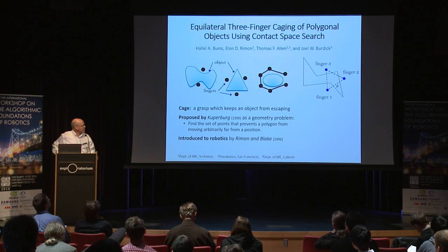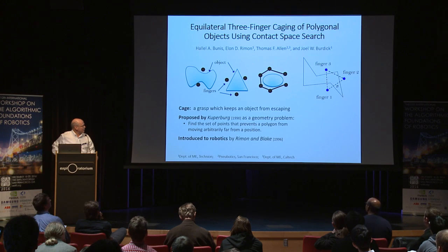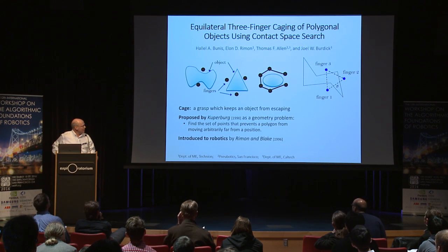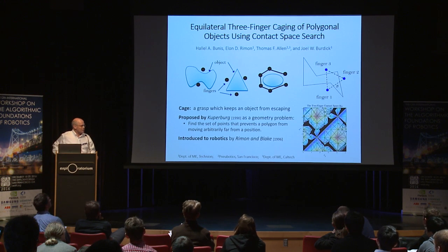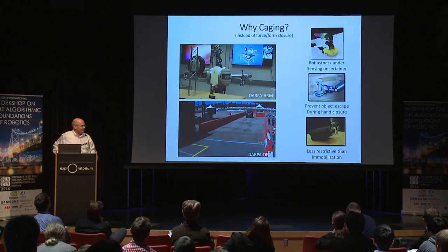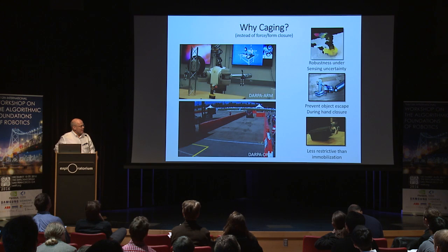So the paper today focuses on a particular, what seems to be quite limited class of caging, which is sort of 3 fingers in an equilateral triangle. But we use a different technique called a contact space analysis, which we'll describe after I describe my own personal journey to caging. So about 5 years ago, I was involved in this DARPA ARM project where teams were given